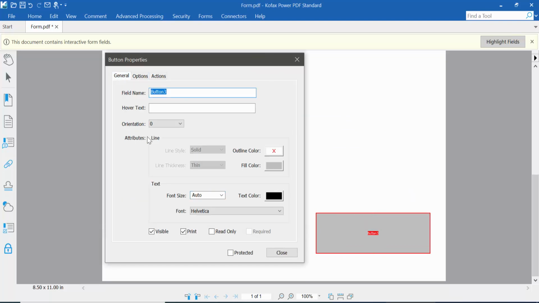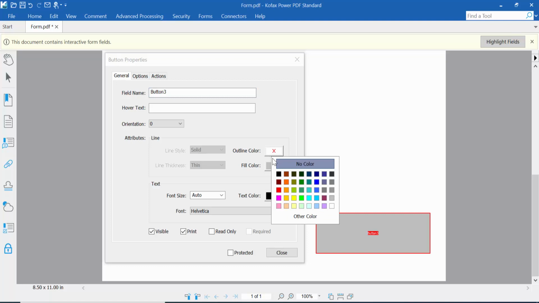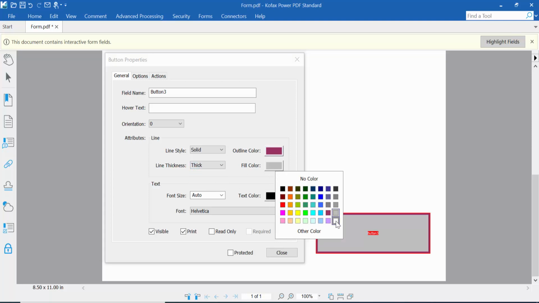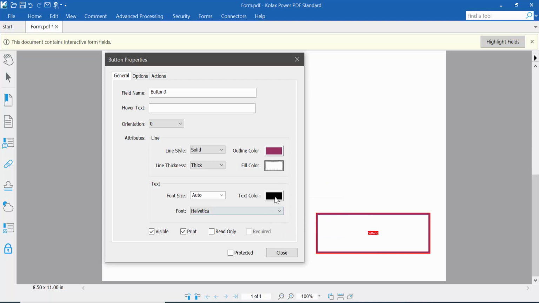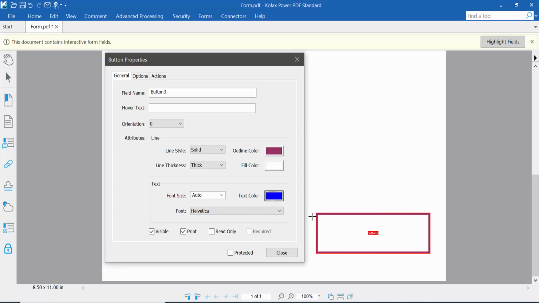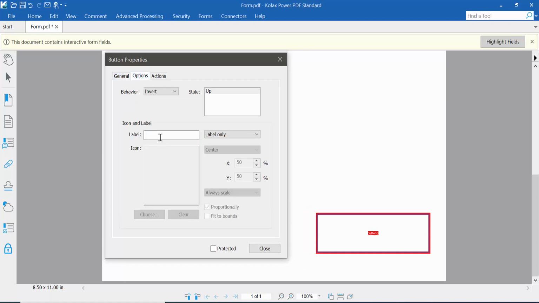Click the other option. Select here outline color. I'll choose this color. Solid, line thickness thick, fill color white, text color, I choose this text color and click this option, type here your name,